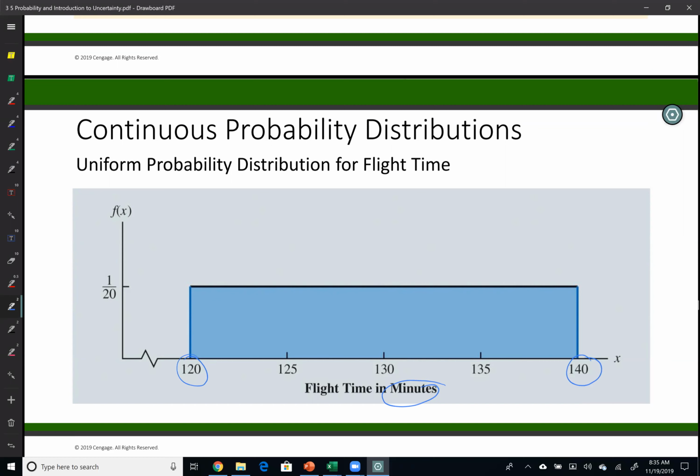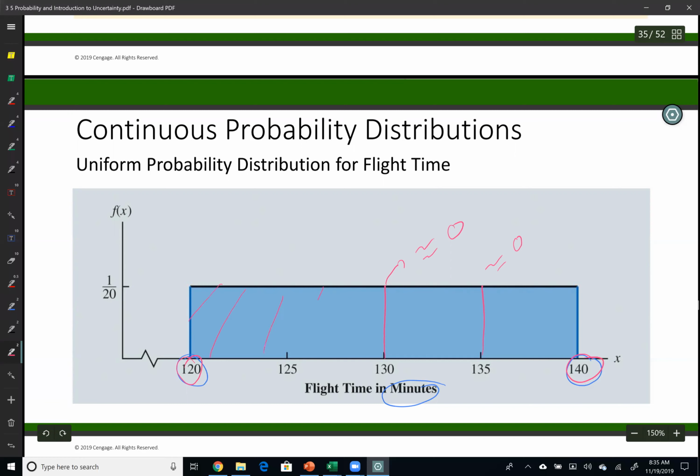So that's why it is not logical to ask what's the probability of having a flight from Chicago to New York to be exactly 130 minutes, because then you're asking what's the area for this line, but the area for this line is very close to zero. In fact, any line, let's say probability of this line is also pretty much zero, because there are infinite number of lines between 120 to 140. So that's why we rather use what's the probability of the area between, let's say, 120 and 140,